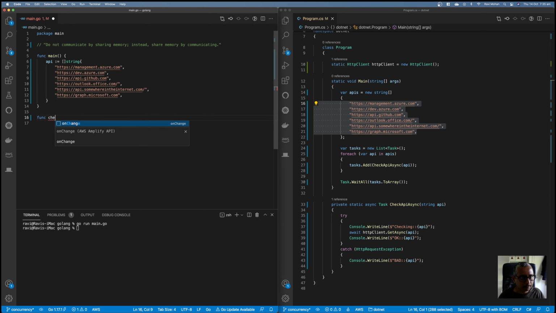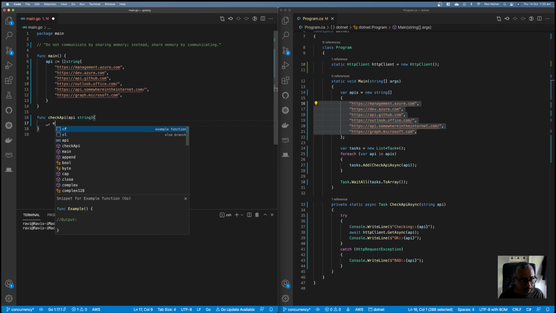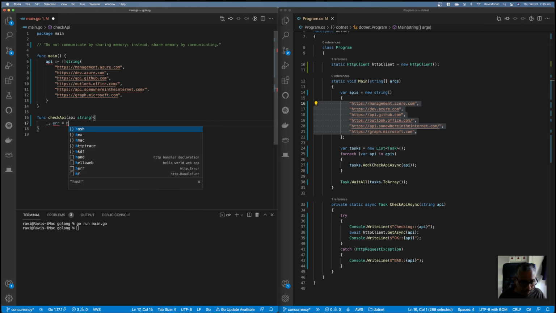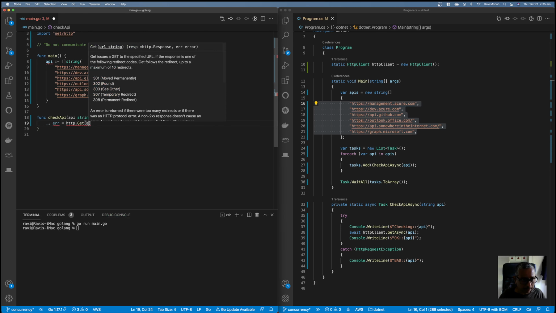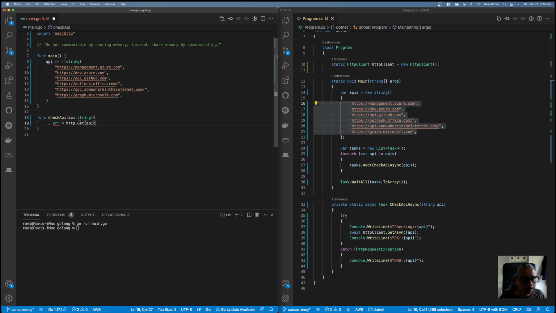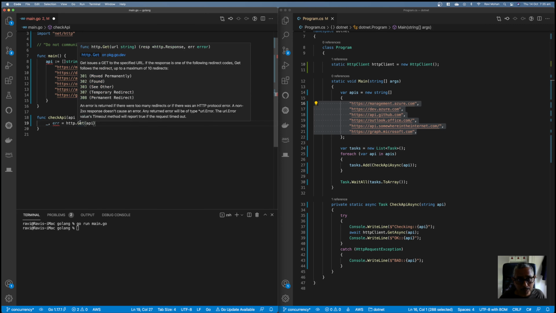So func checkAPI, and it's going to take an api string, open curly braces, and we are going to be using the HTTP package to check the URL. The HTTP package returns two values back. We are not interested in the first value, we want the error: http.Get(api). If you look at http.Get, it returns both an HTTP response as well as an error. We don't particularly care about the HTTP response itself,